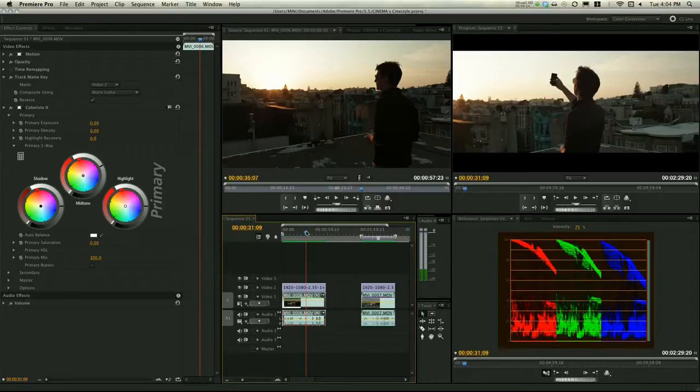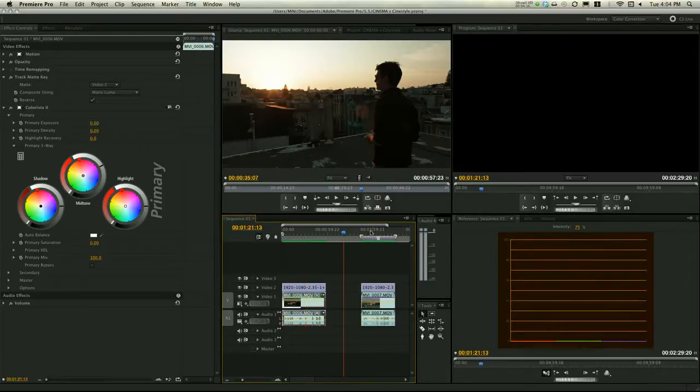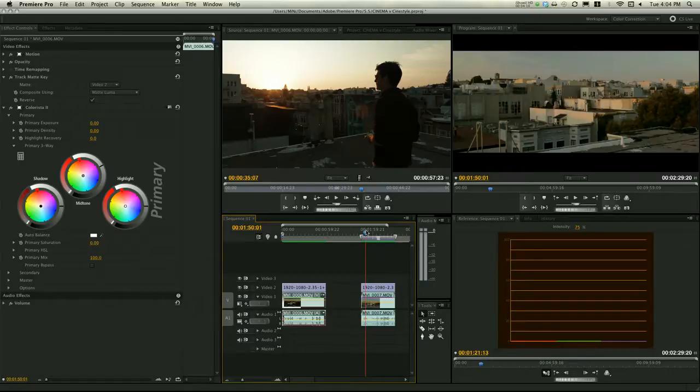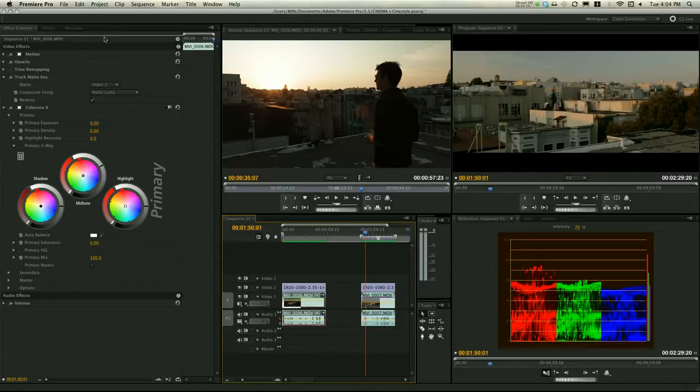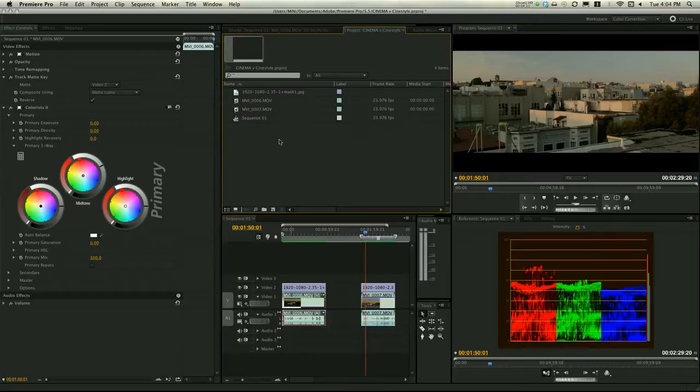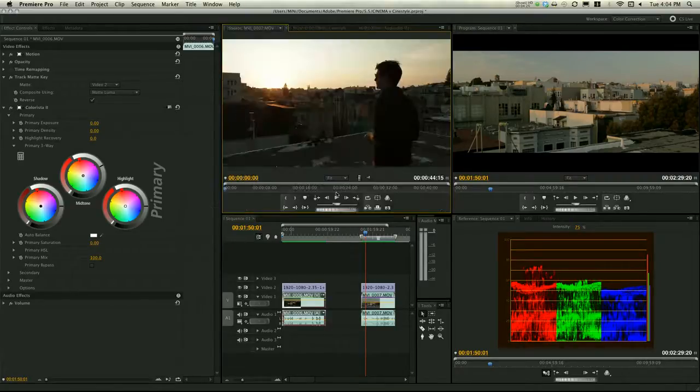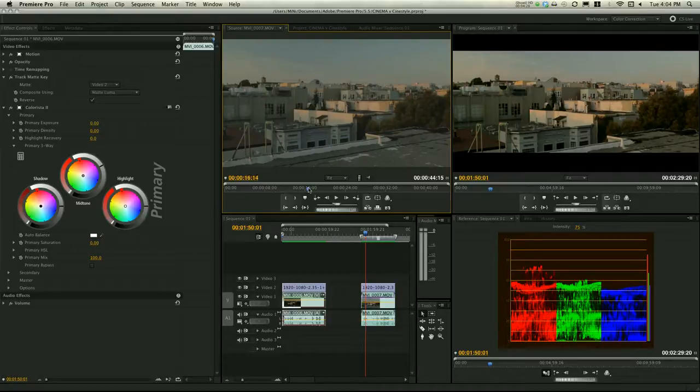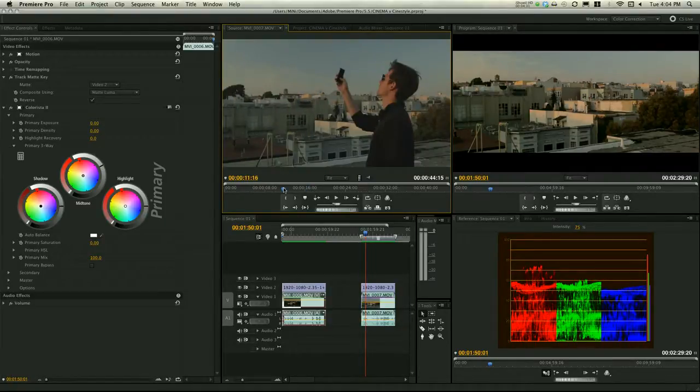So next up, we're going to go to the Cinestyle profile, and I'm going to go ahead and load up the original right here so you can get a little comparison. So here we are. This is the Cinestyle, raw, out of the camera, no grading. And then here we are